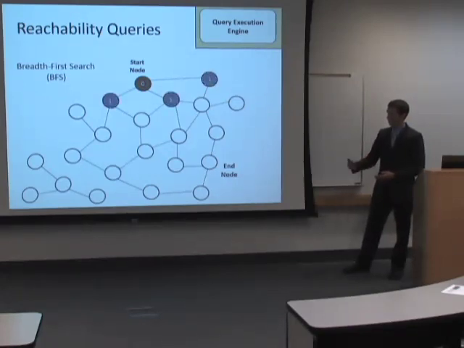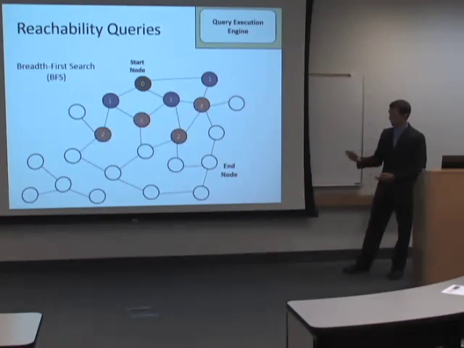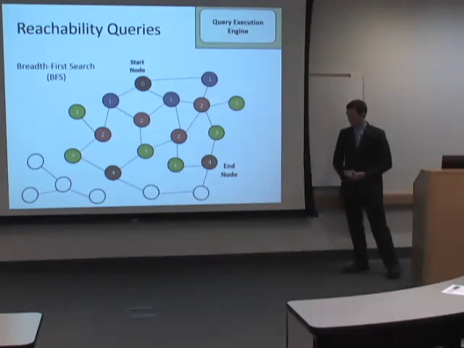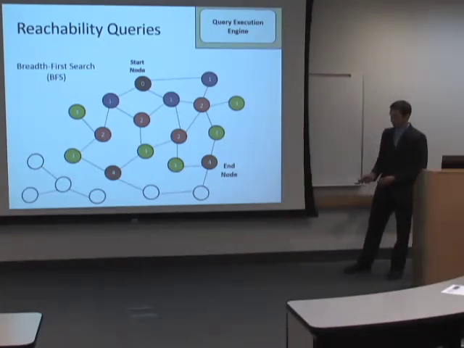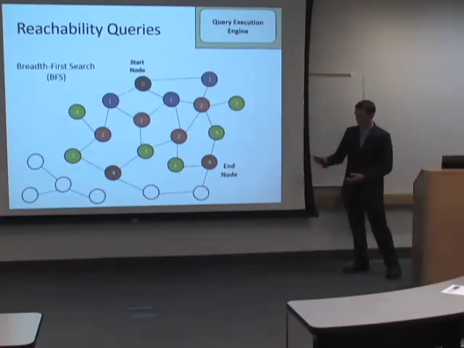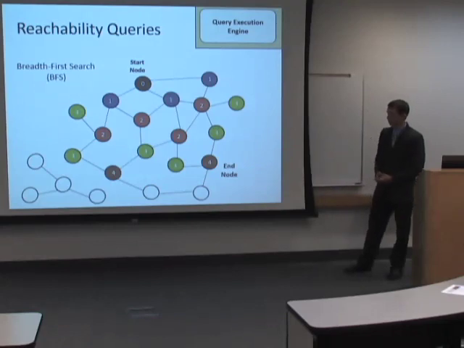This is called taking a step. So now we're one step away, we have its neighborhood. We do this again for those nodes, we step again, until we either run out of nodes to check or we run into the node that we're looking for. We can see in this example that there is indeed a path between the start and the end. You can see that down here, these four nodes are not connected to any of these nodes, so there would never be a path between those if we were interested in the node there.